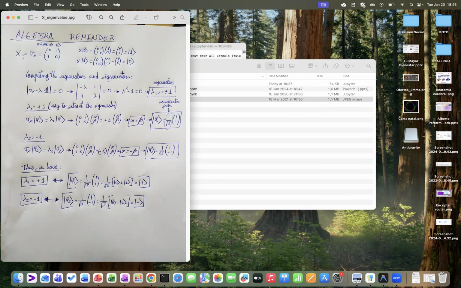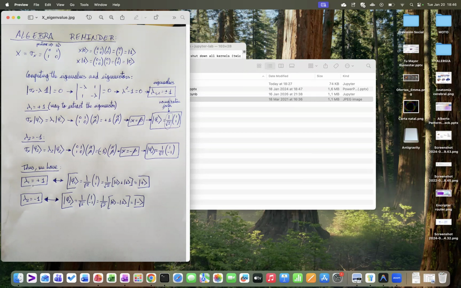So if we do the X Pauli matrix and we get the eigenvectors and the eigenvalues, we have the X Pauli matrix where this is position 0, this is position 1. If we apply the X over the position 0, the eigenvector 1, 0, what we get is 0, 1. So it's the bit flip matrix. But what are the eigenvalues and eigenvectors? This is linear algebra: we get that the eigenvalues are plus 1 and minus 1. And the eigenvectors for one is 1, 1, and for the other is 1 and minus 1.